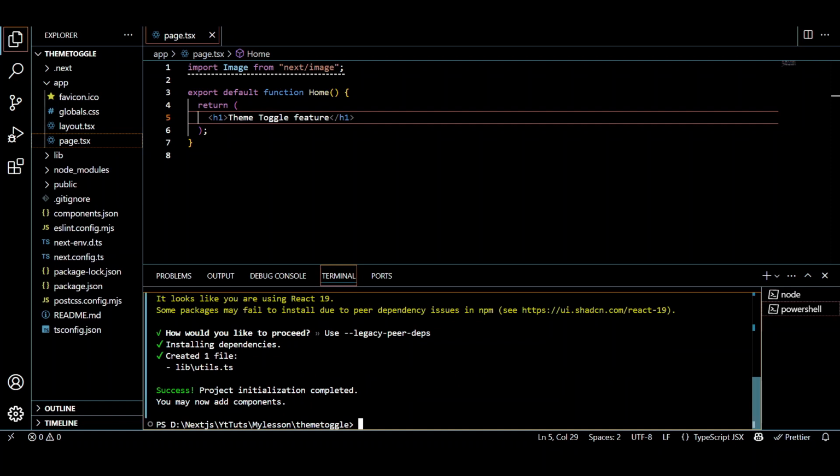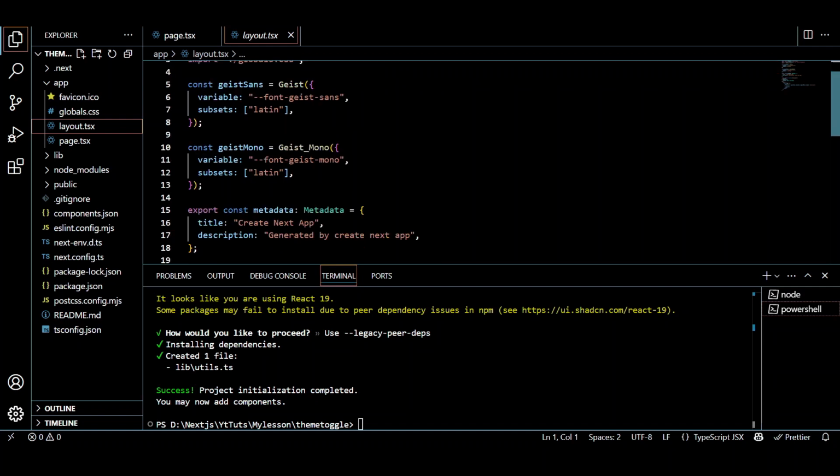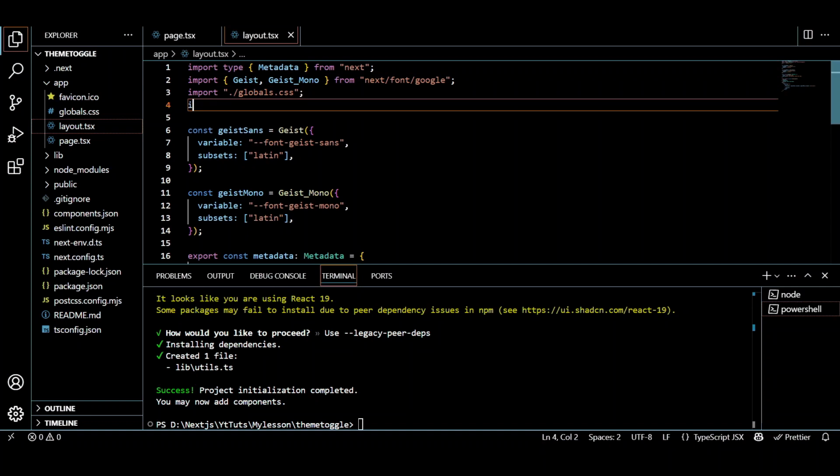So success, the project initialization is complete, and you will notice that the components.json file has been added to our file section. After doing that, now we need to go back to our layout.tsx file, because this is where we need to add the provider. We need to wrap our application with the provider, and the provider will be using the theme provider that we've just installed. So we will type import